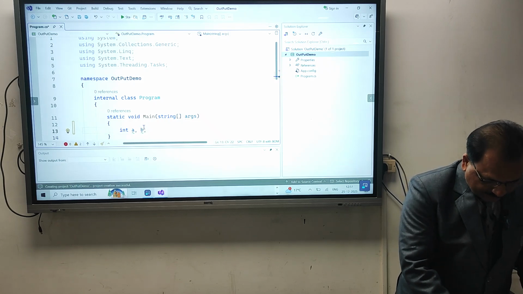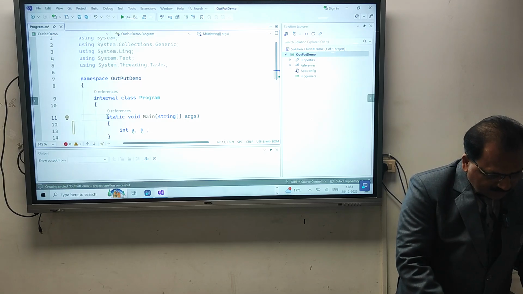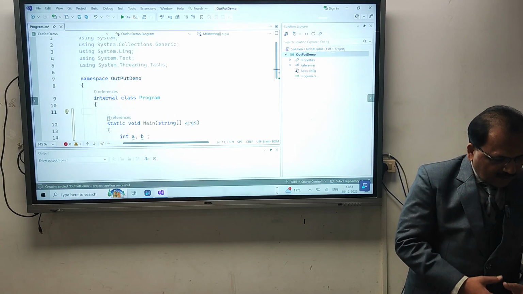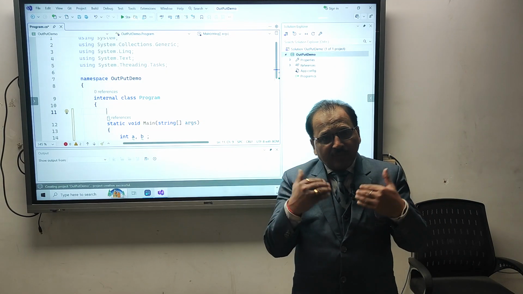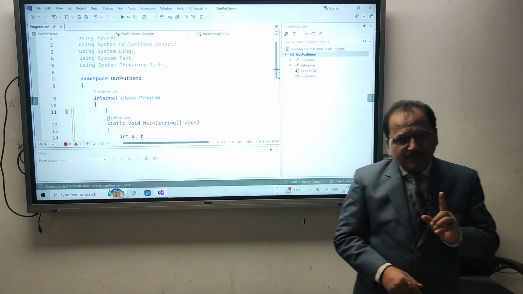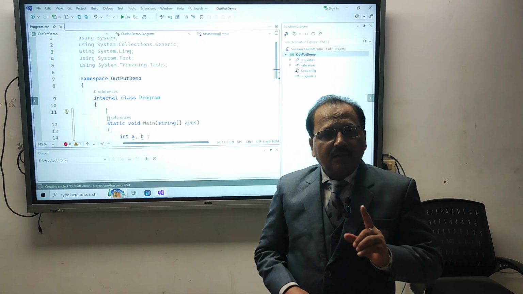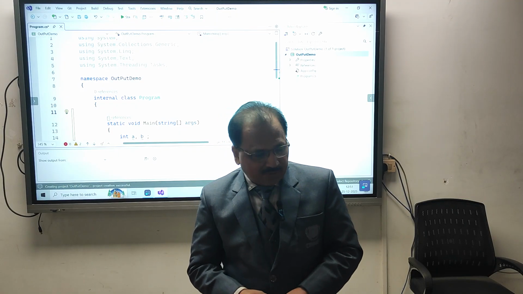Now, after that, this Main is going to be the calling function, and here I'm going to create a called function through which I'm going to get the output value. One more thing we have to notice here, the called function which you are going to write has to be a static function.